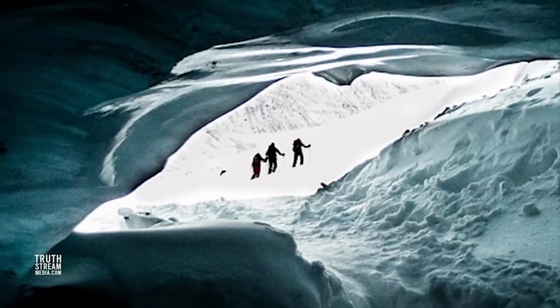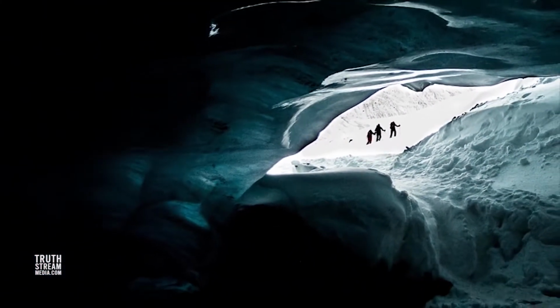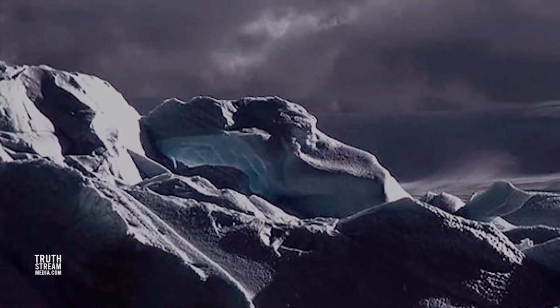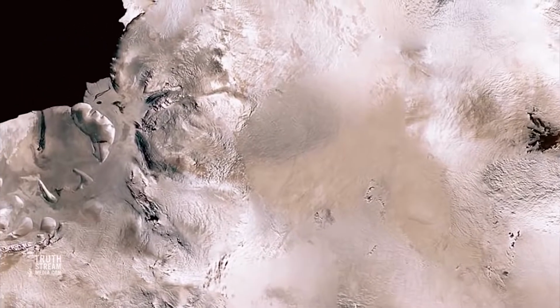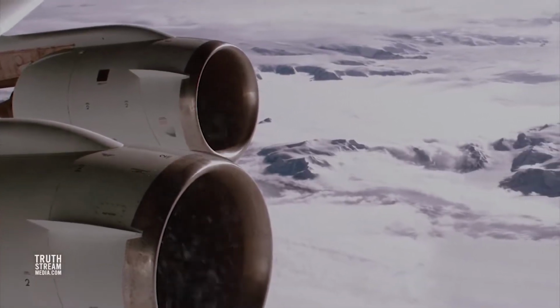There have been many rumors about underground bases on Antarctica, but by their very virtue they are difficult to confirm, and as a result, legends, rumors, and imaginations run wild. And yet, there is solid evidence to support the idea that a significant military-industrial complex is indeed embedded underneath Antarctica's